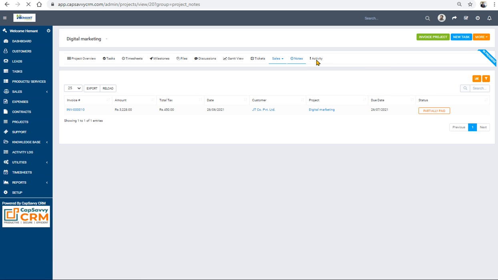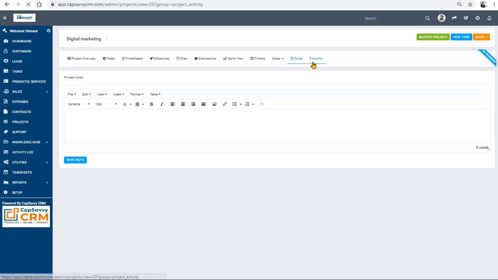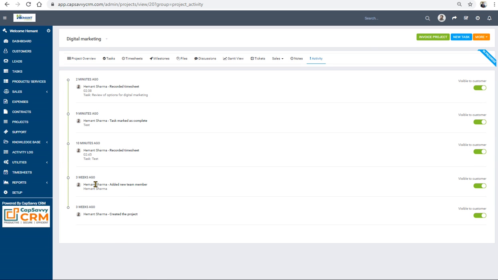Similarly, you can add notes, and all the activities happening on this particular task are visible here. So that is how each project becomes a complete turnaround deliverable to the client, and you can review the progress of each task and the entire project itself on the project dashboard. This is how the projects are going to be used.